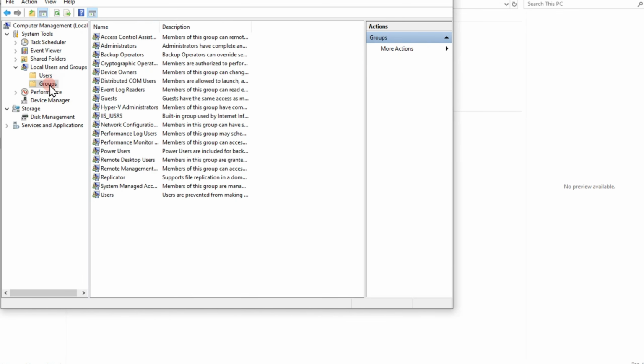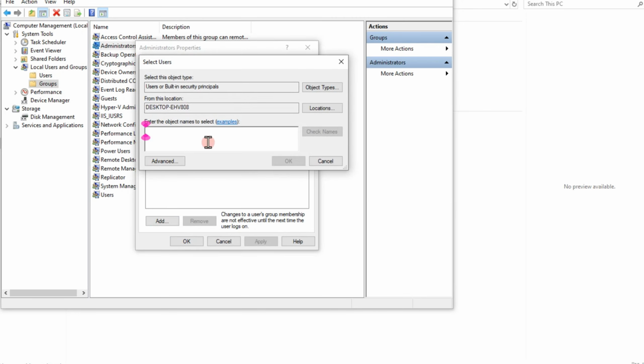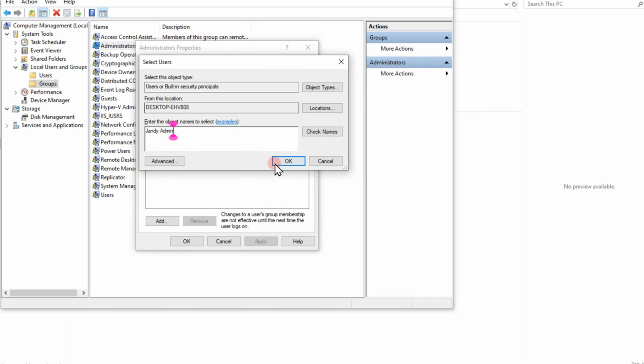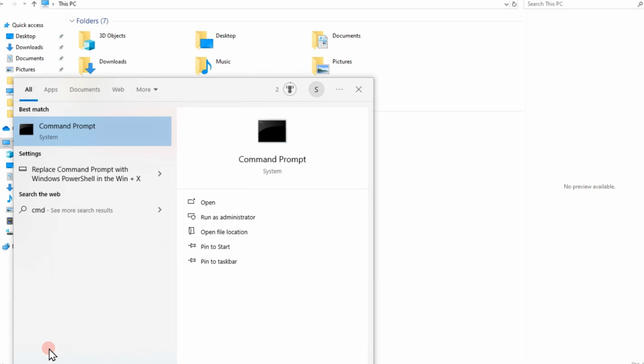Tap on groups, locate administrator, double tap, and then here you have to click add. Add the name of your administrator here, and then once done, click check names. After that, tap on OK. So basically, that's it. Now, the last thing you should do here, once you have added your administrator, go to